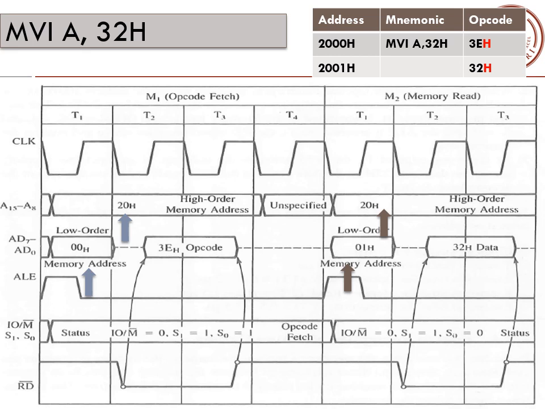The address latch enable goes high, and the status signal is 010. After the address has been latched, the ALE signal goes low. Now the memory address 2001H is being mapped, and from there the value 32H is loaded onto the data bus, and that value goes directly to the accumulator. Altogether, for this particular instruction you have 2 machine cycles and a total of 7 T states.